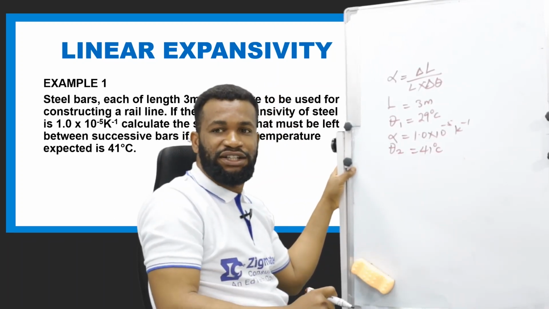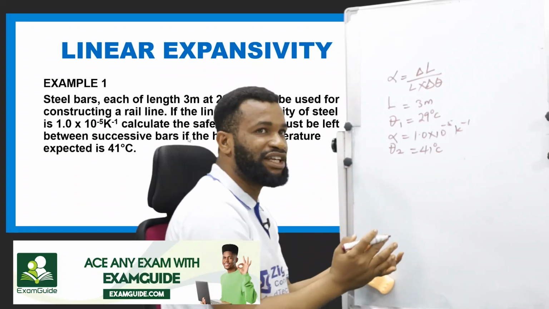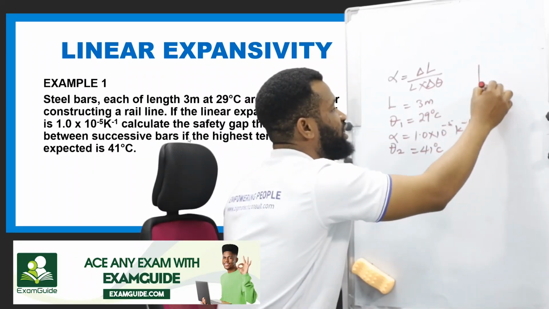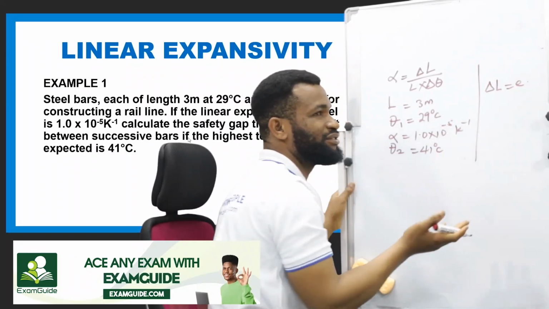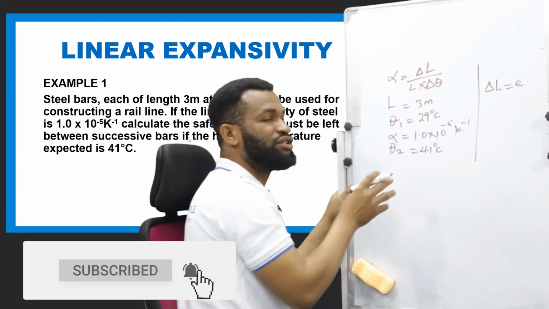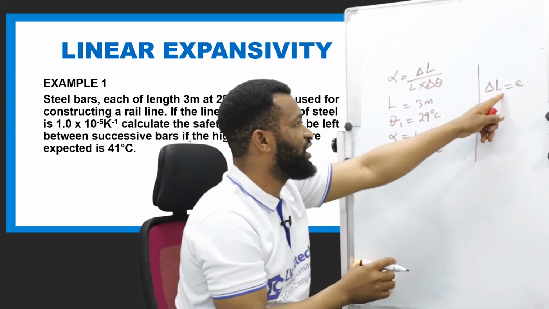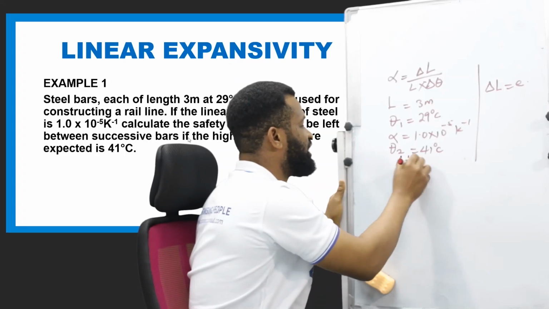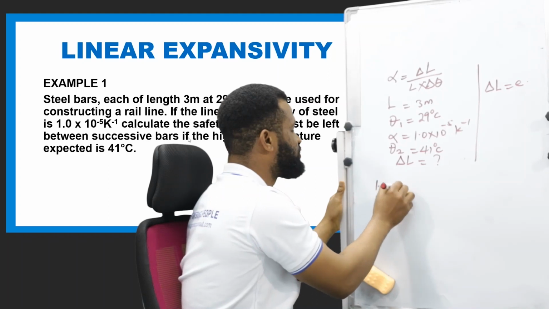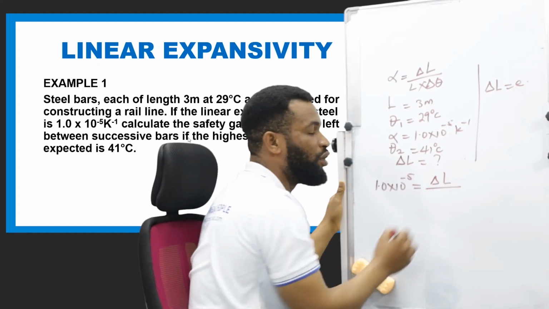Now, in this case, the safety gap, that is, we are looking at the extension, and I want you to know that change in L is the extension. So I am going to apply these parameters because the safety gap is just the change in length. And I'm going to say that change in length is unknown. So we have 1.0 times 10 raised to the power minus 5 is equal to change in length, which is what I'm looking for, all over